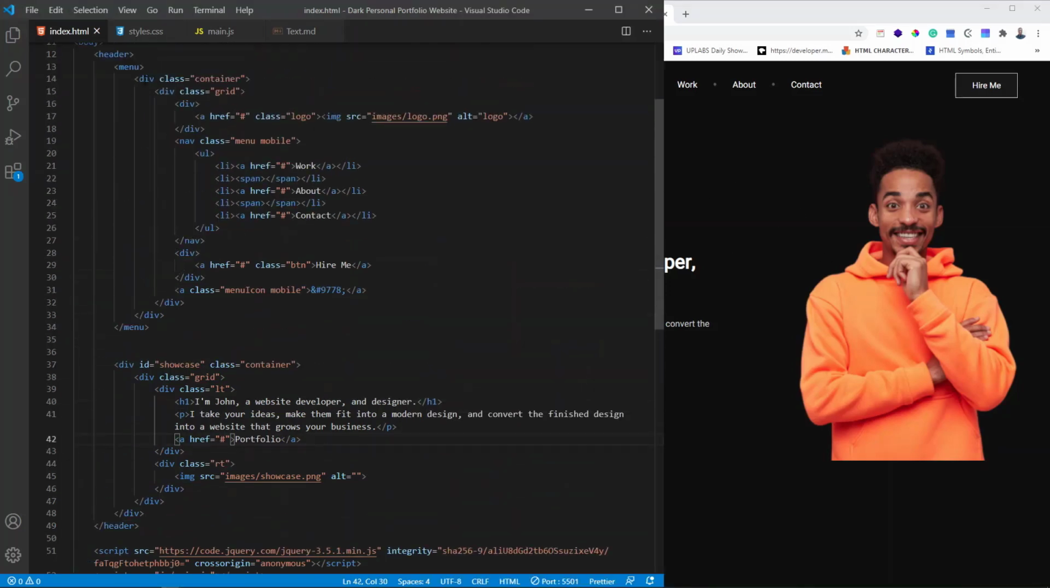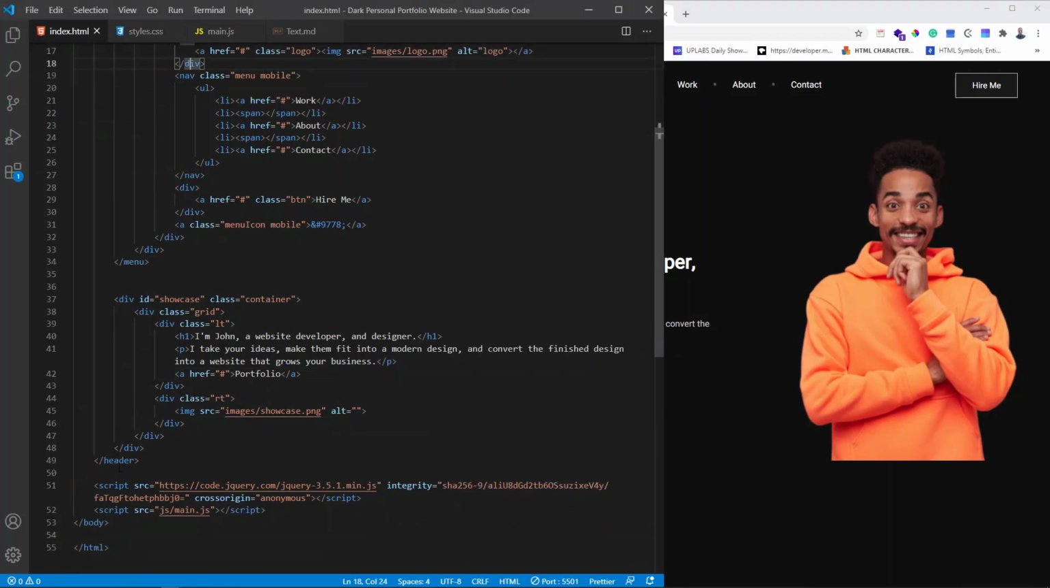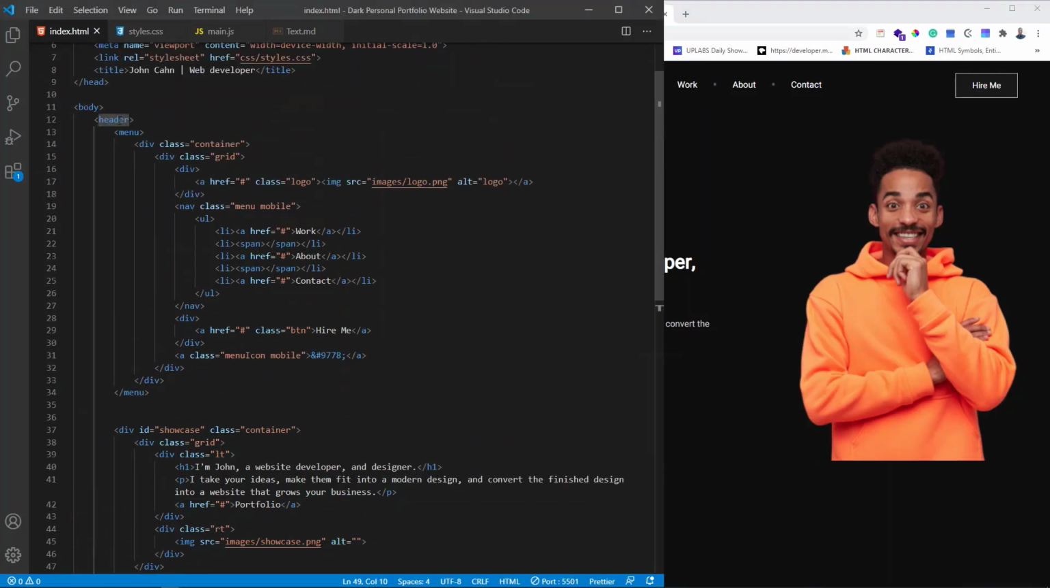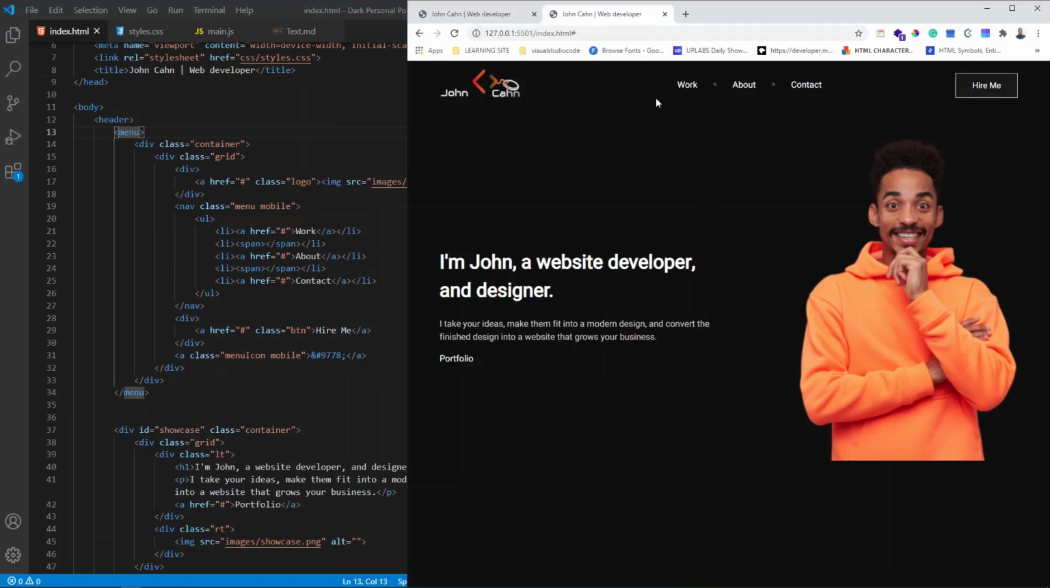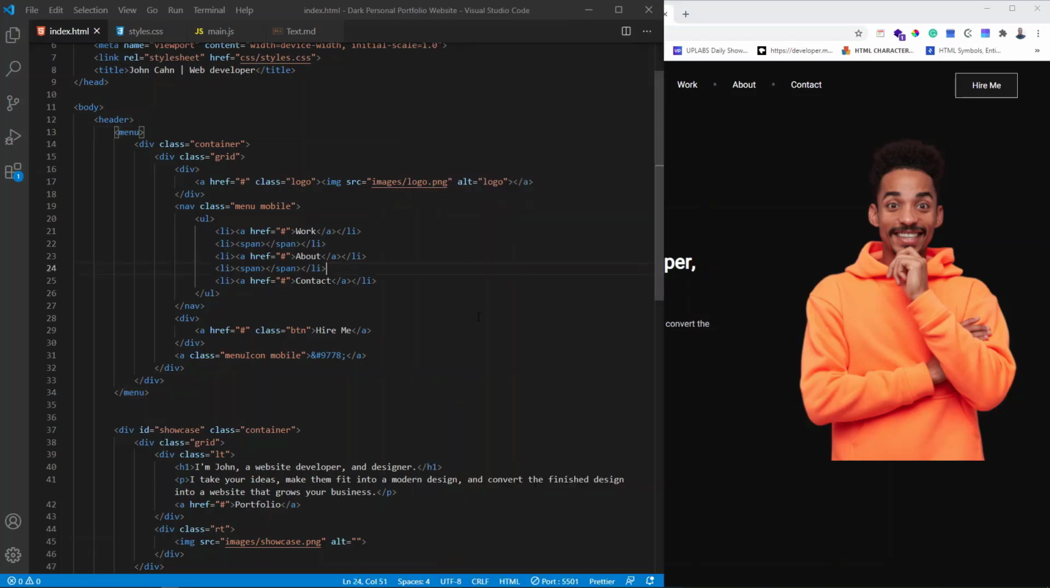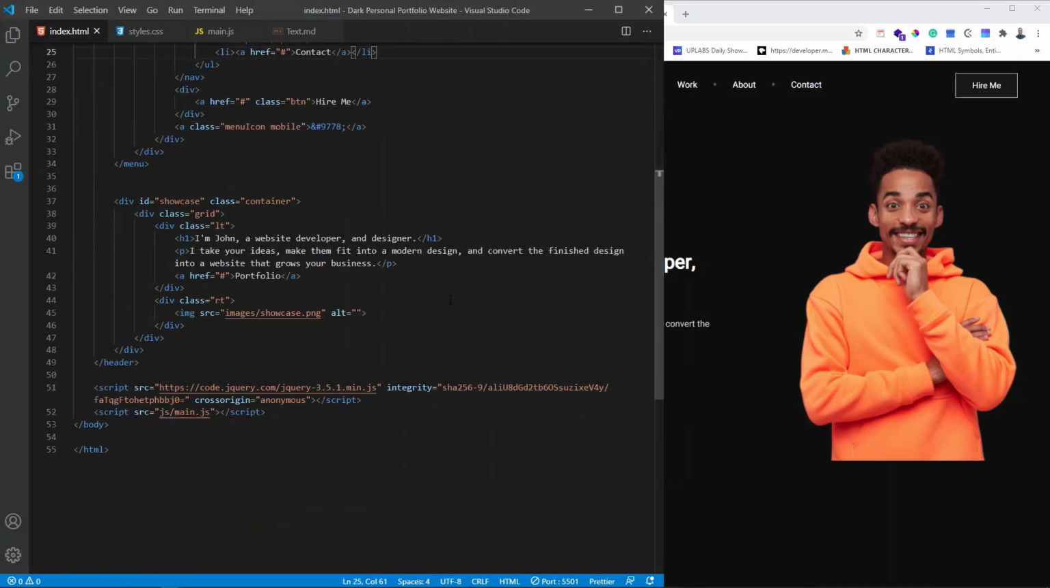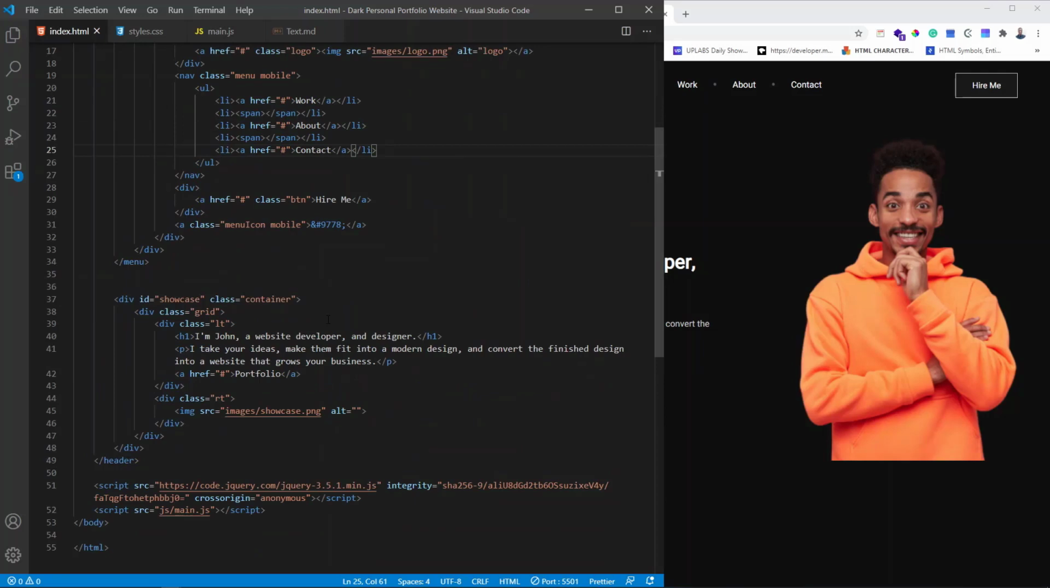We want to add the menu and the showcase area into the header tag. Before, we only wrapped that with the menu tag, so that's why the menu was pushing the showcase area to the bottom. So that is it for the header and the showcase area. I think that is a little bit of work right there. So you're getting there. So now let's go for